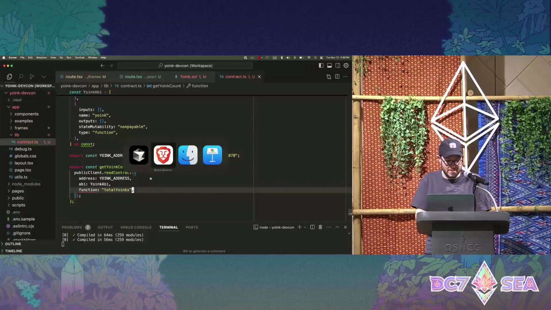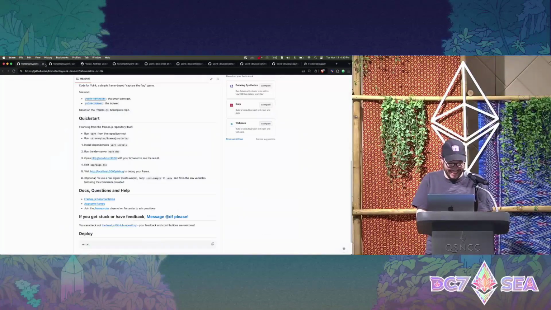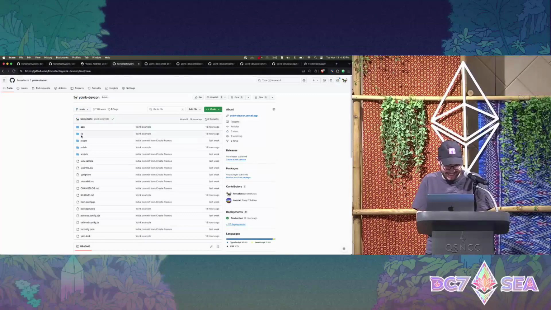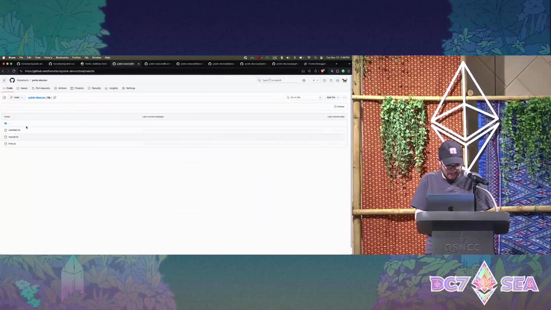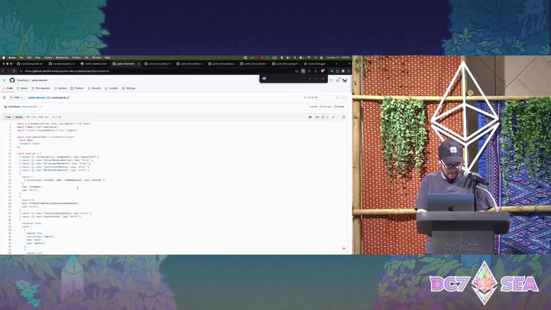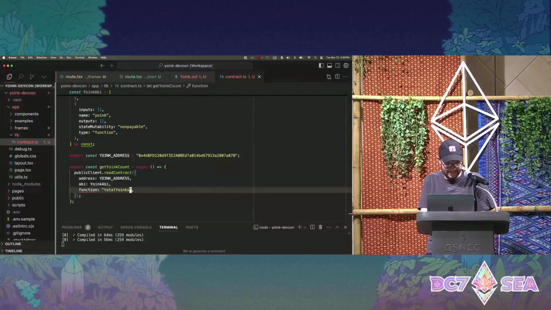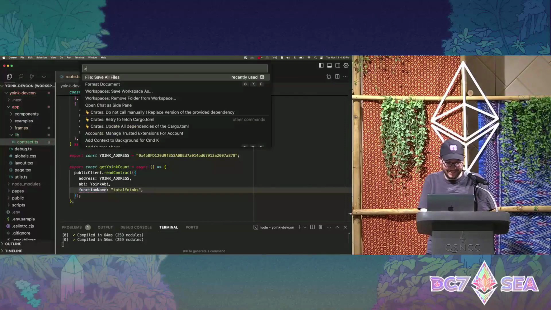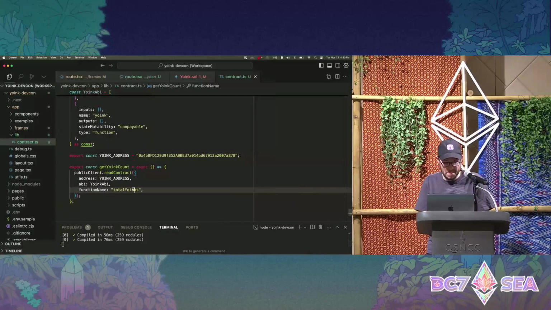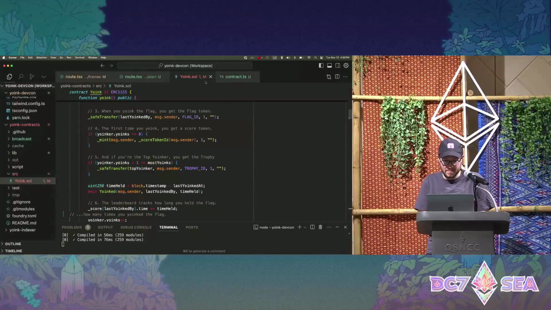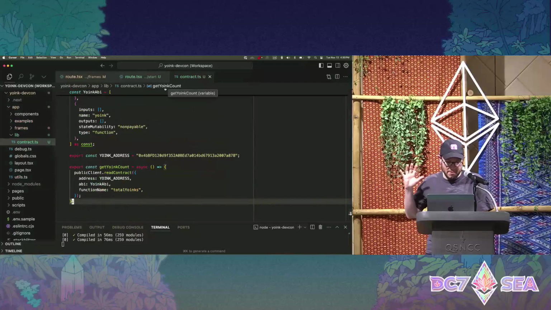I need to crib from my notes here, hold on. Cool. So that should be what we need to go read data from the contract on chain.